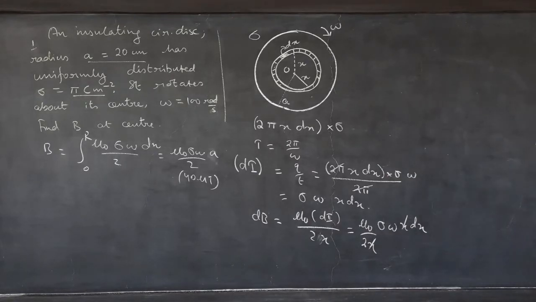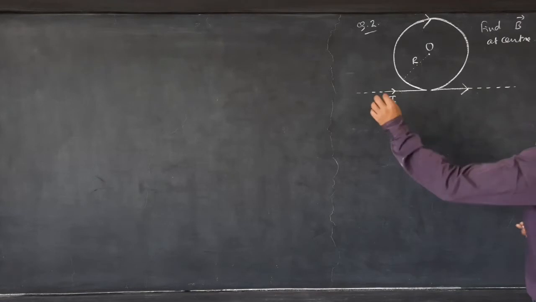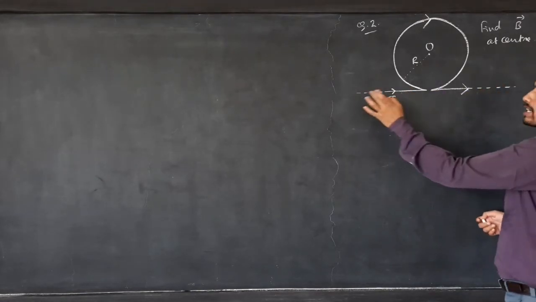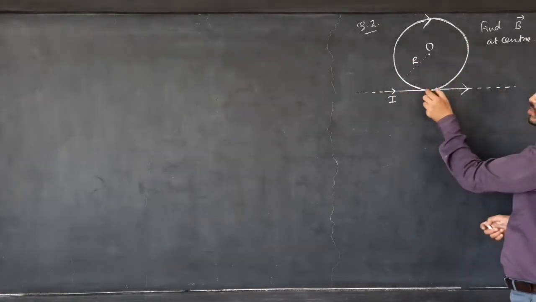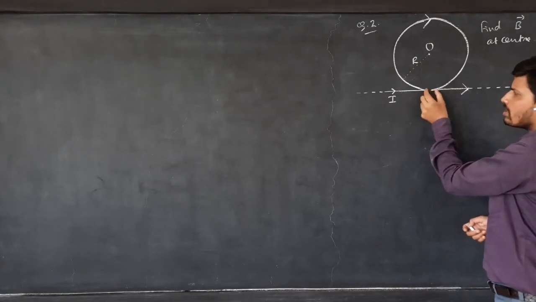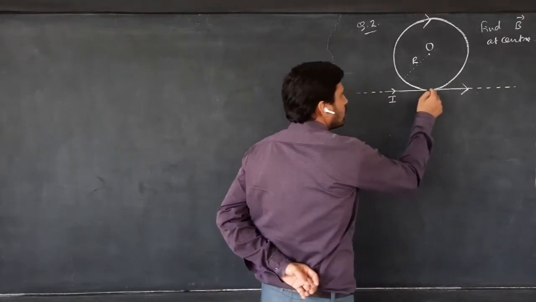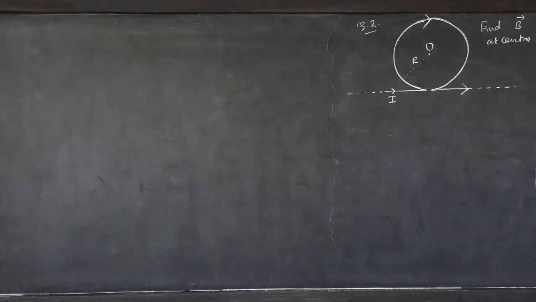Okay. Let us see another question. Let's see now question number 2. Here we can see that a straight wire has been bent in the shape shown. It has a straight segment, a circular segment, and again a straight segment. Now these two are not touching, but they are very, very close. You can assume that they are almost touching, but there is no contact between these 2 points, and it extends till infinity. Now the question is to find the magnetic field at the center O of this particular element.